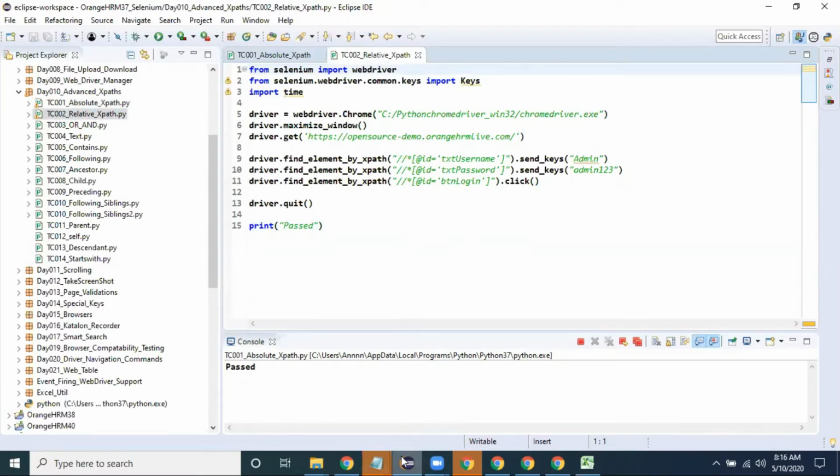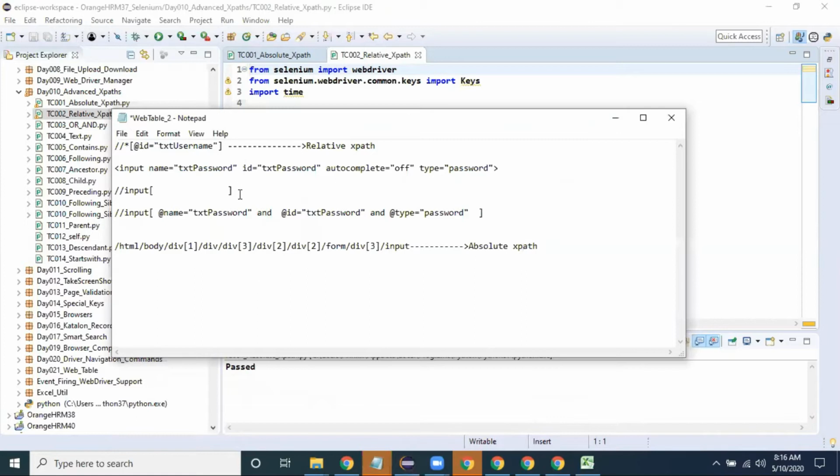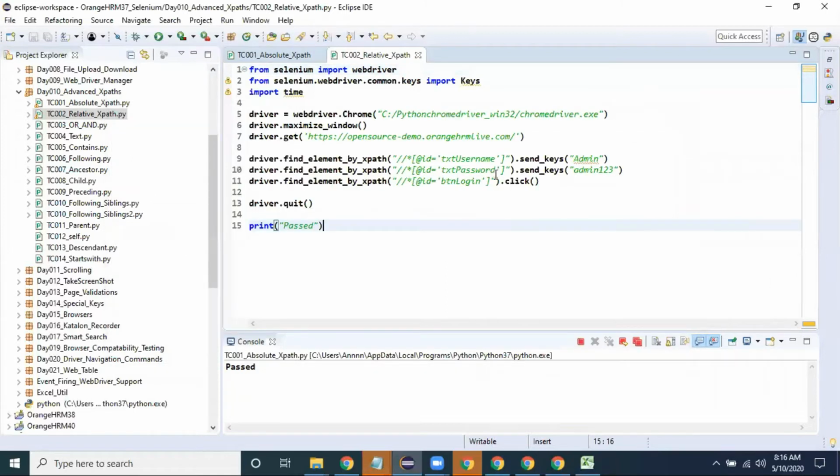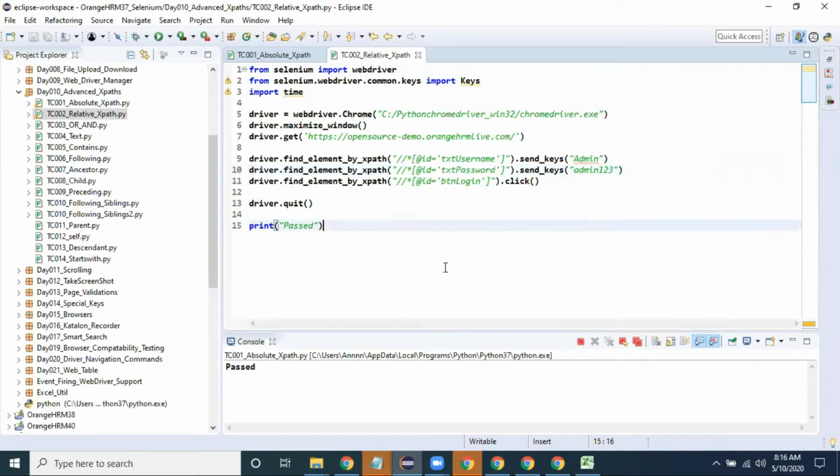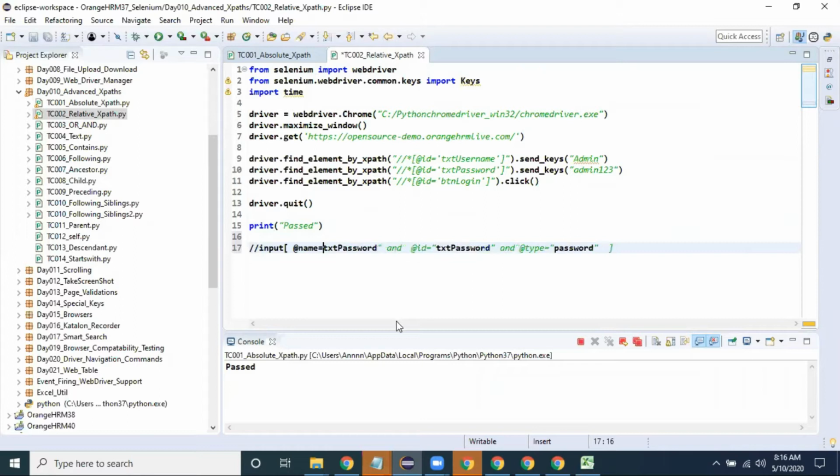In relative XPath, I told you how to write XPath manually; that was just an extra point. To write relative XPath, you can also use this XPath, which is system-given. If you want to add more, you can add this one. Wherever there is a double quotation, remove it and keep the single quotation.